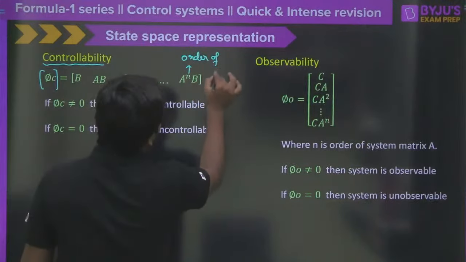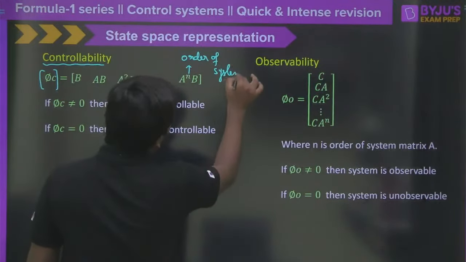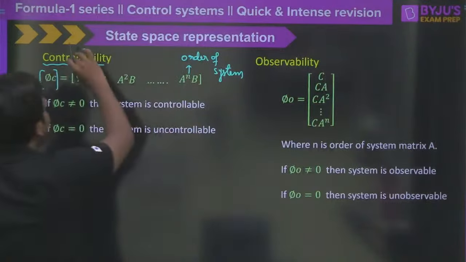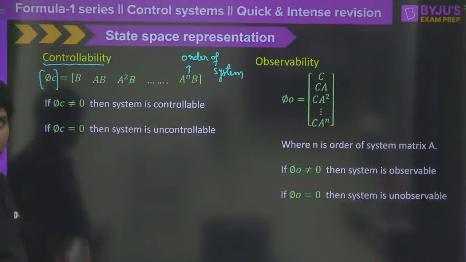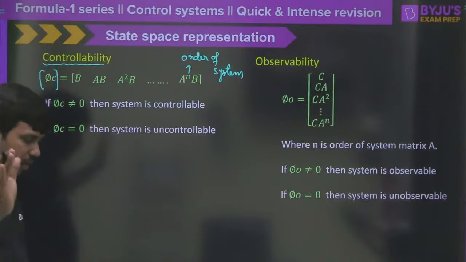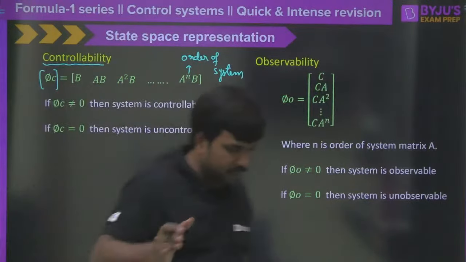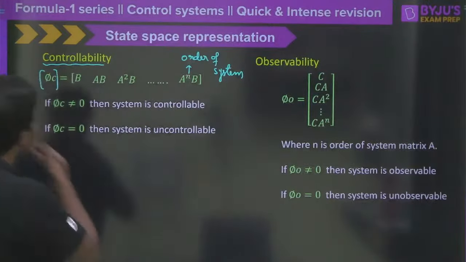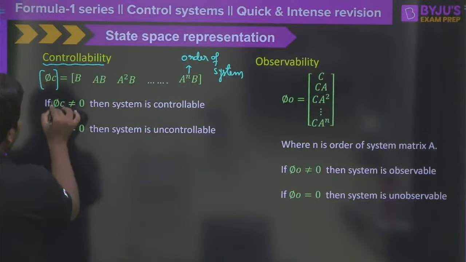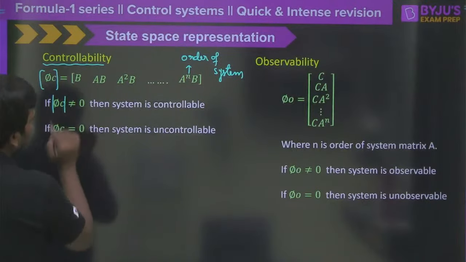Order of system. And if anybody really wants to know and explore the physical meaning of controllability and observability, my lectures are the best lectures because I have taken mechanical system, electrical system, chemical system also as an example and proved it. Okay. So if at all the determinant of phi c is not equal to 0, then the system